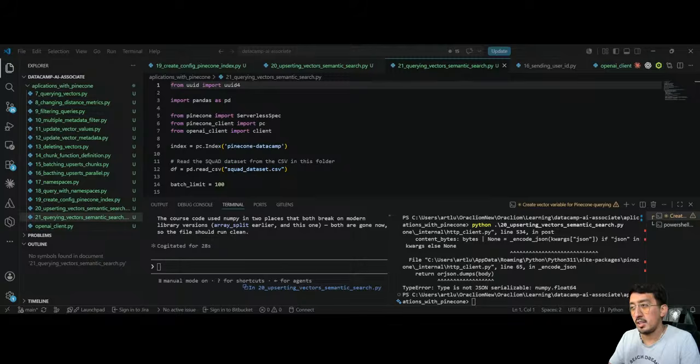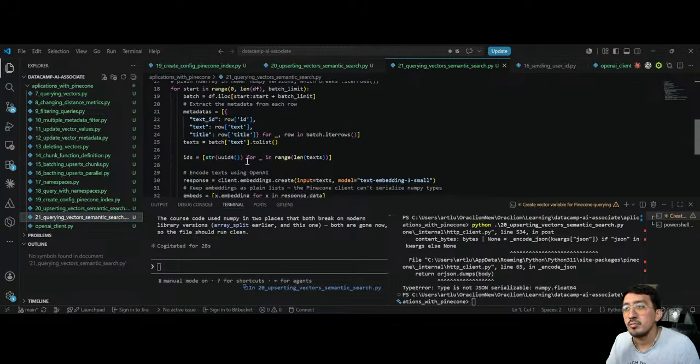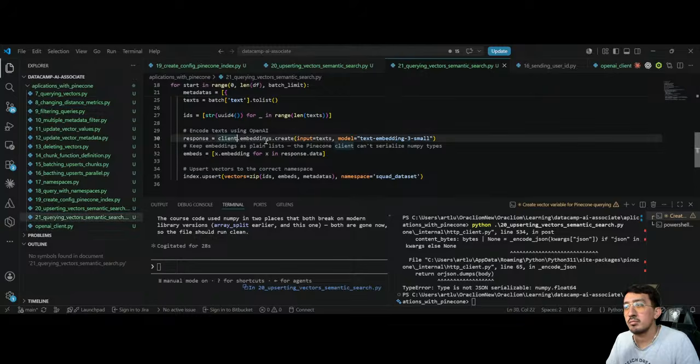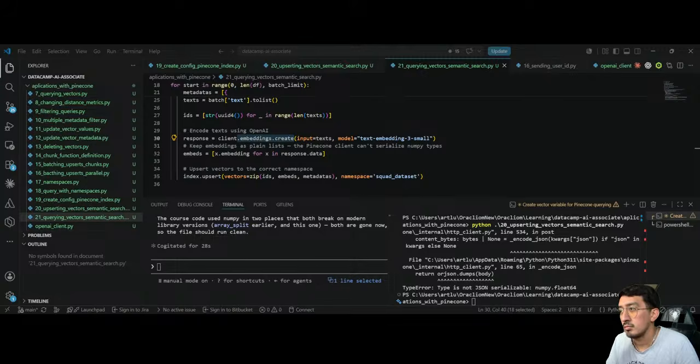No, this should be client dot retrieve docs should be